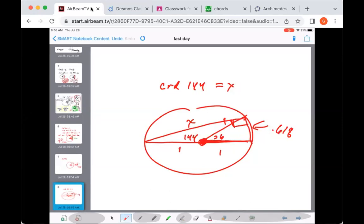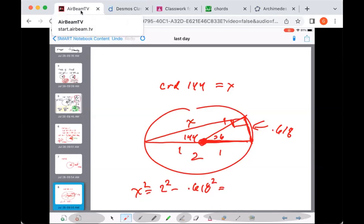So check it out. This is a big right triangle that has a hypotenuse of 2. One leg is 0.618. So I can do x squared equals 2 squared minus 0.618 squared. So if you know any chord of any angle, you could find the chord of 180 minus it using this trick. It's really clever. I created a right triangle that had a hypotenuse of 2, because the triangle has diameter 2. And one of the legs of that triangle was chord 36, which I figured out from before. So if I already know chord 36